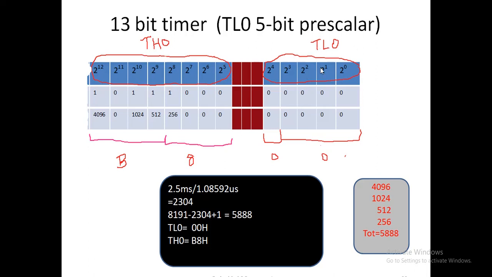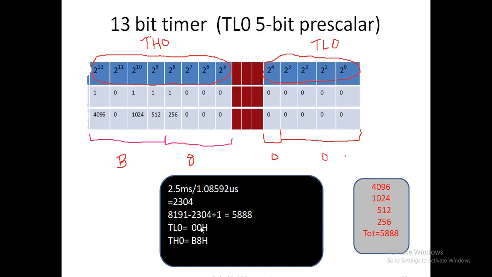It is very important. But in the case of TL0, we have only 5 bits. How can we load this value into TL0? Here all the bits are 0, so no need to worry. Whatever value you get for this lower byte, you have to upload it into the lower byte of TL0. Because it is all 0, I make it 0. For example, if it is 1, you can add three 0s before it, so it becomes 1. Otherwise I take it as 0.